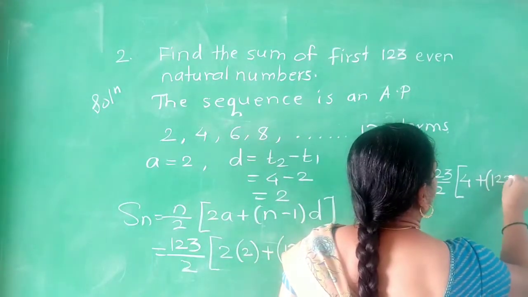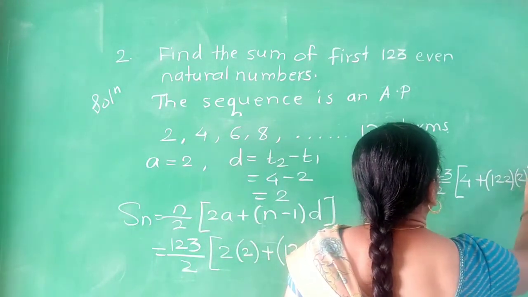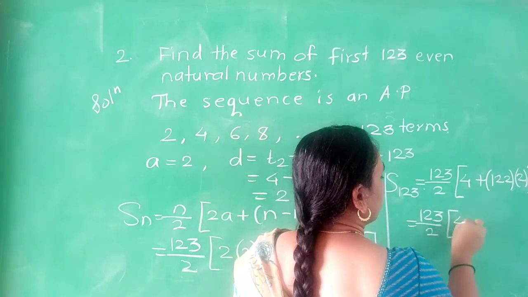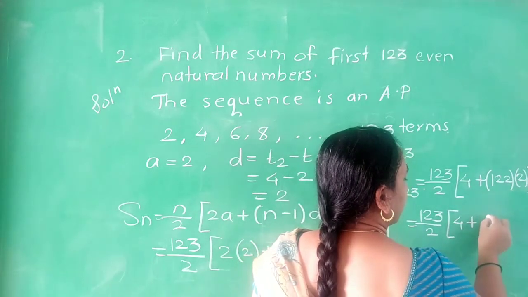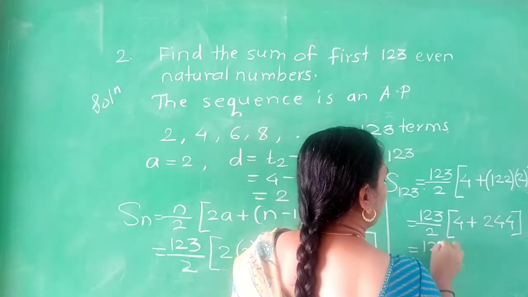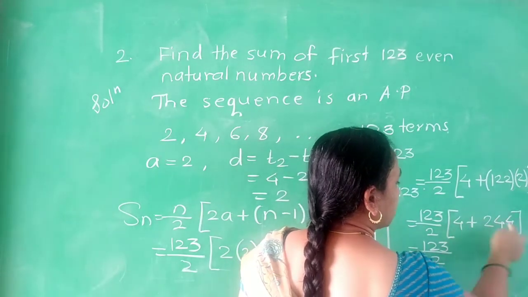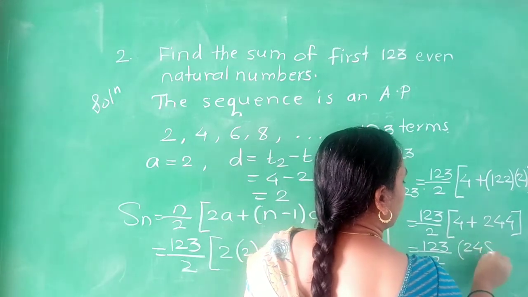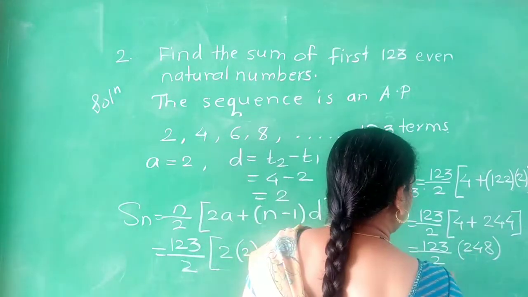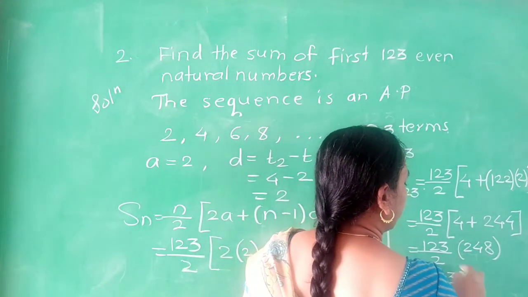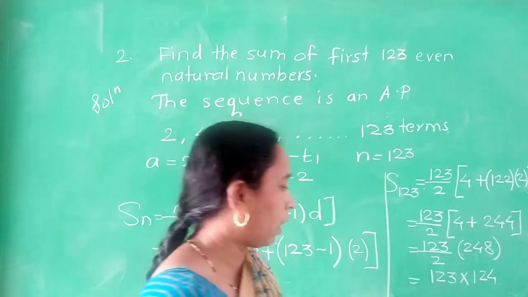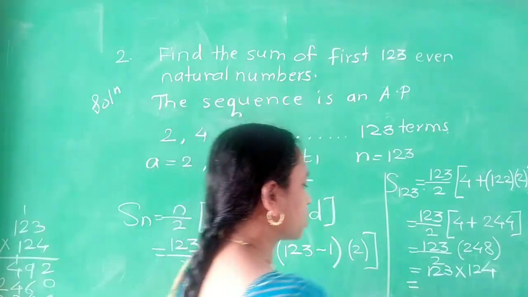So 4 plus their multiplication, we get the answer 244. 123 upon 2, the addition of this is 248. 248 is divisible by 2, so I will divide it. So I will get 123 multiplied by 124. Now we will do the calculation. After multiplication we will get the answer